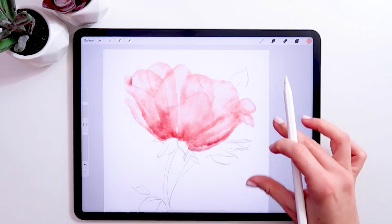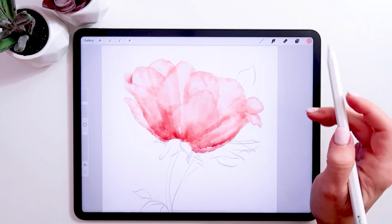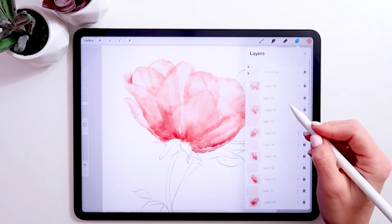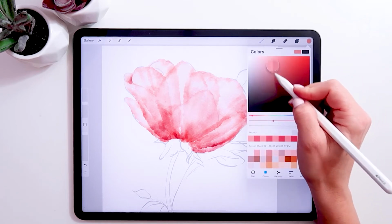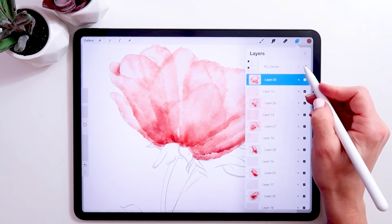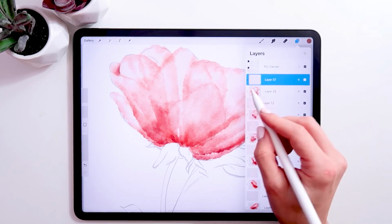Okay, guys, a lot of layers, but I think that looks great. So it's relatively simple to do to create that really watercolory look. So let's just add a few more touches, maybe really amplify some things. Let's go back to our original one at the very top. Let's go really quite a bit darker. I think I'm going to create a new layer. I'm not going to do this everywhere. There's probably too many layers, but